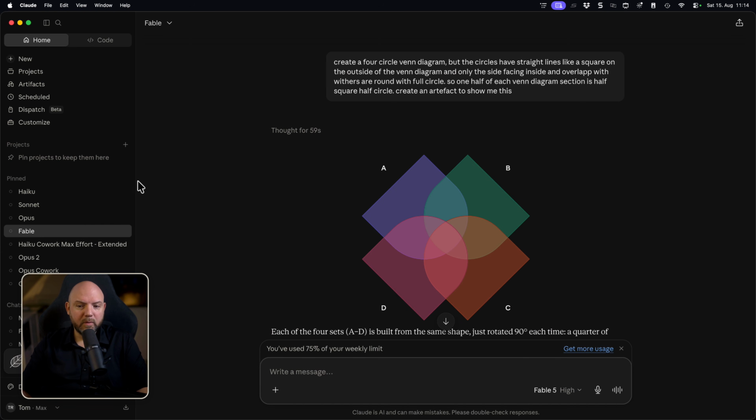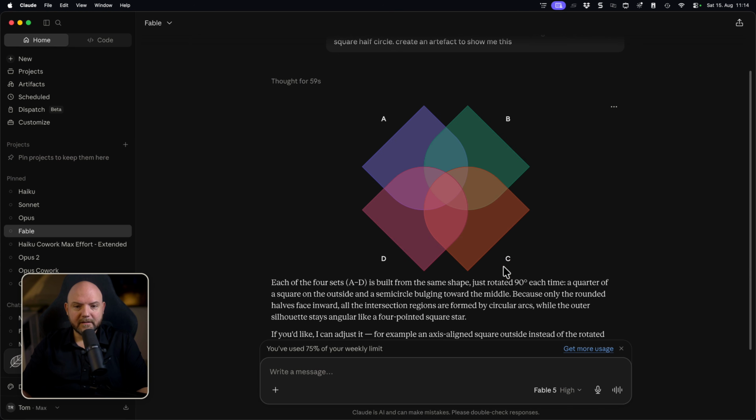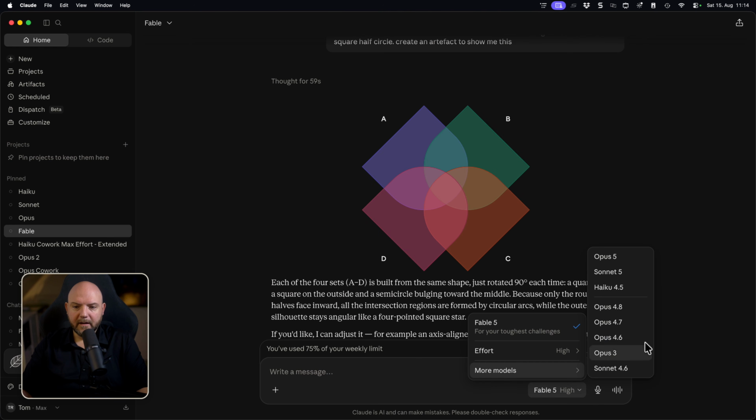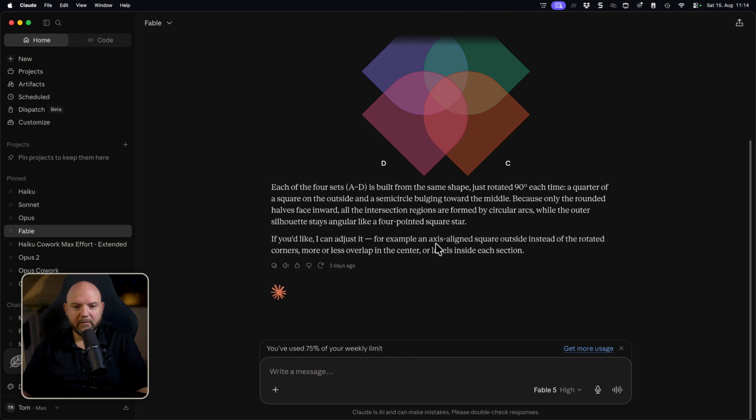So now we need to talk about something else. It's not only the model, but it's also the effort. So if you go here, you can actually change the effort a model is using. High is the one that I usually use. I use a lot of extra or X high if you're inside the terminal. I usually don't use max. I don't need this at all for most of the work that I'm doing. And obviously we have also the old models, and we are not doing a comparison today with these.